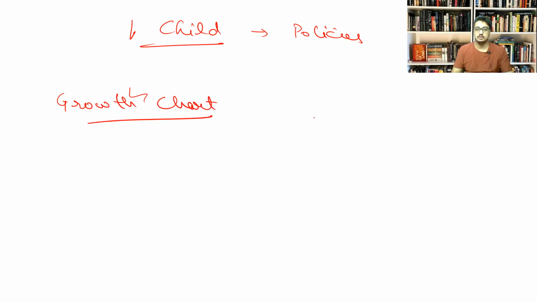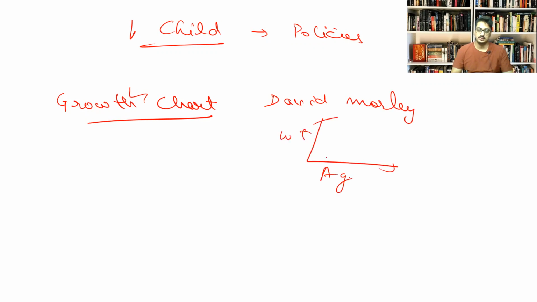So what is this growth charts? They were first developed by David Morley. It is basically a chart which demonstrates how weight changes with age. As the age increases, how the weight of a child increases. So this way a road-like structure is created. So we say it is the road to health